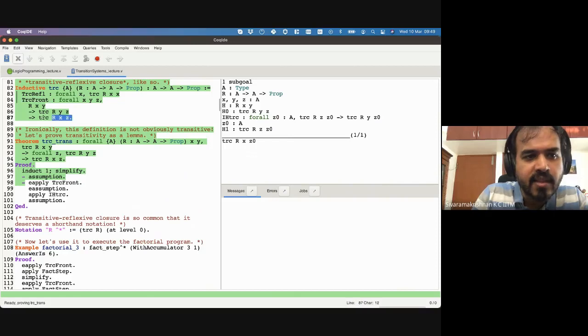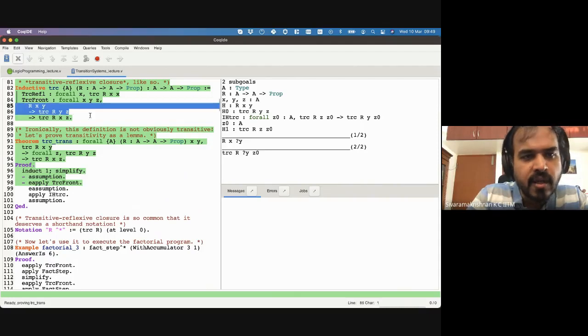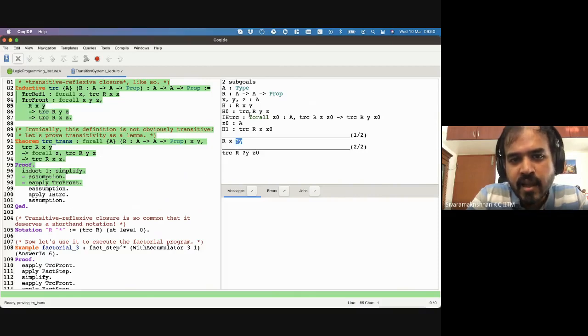If you break this up, you will end up with R x, some existential variable. So we are going to apply TRC front because we are going to end up with existential variables. So we get two sub goals, and we have R x question mark y because that's the existential variable, and we have a hypothesis that exactly fits